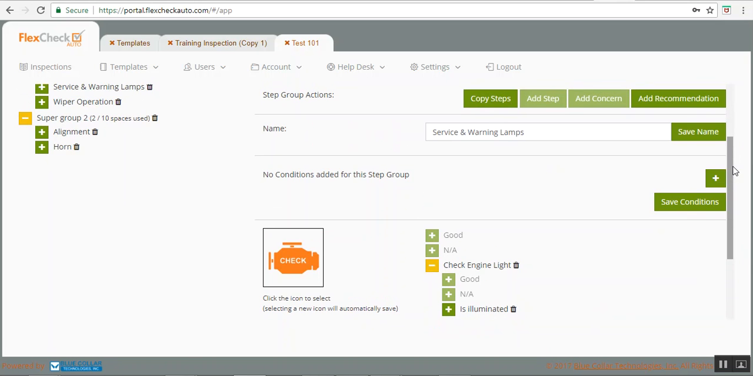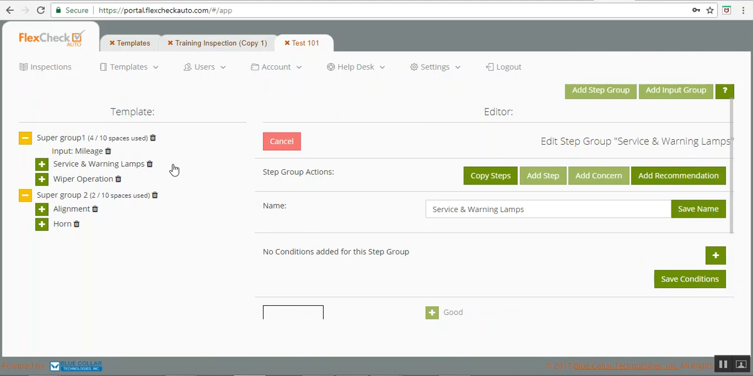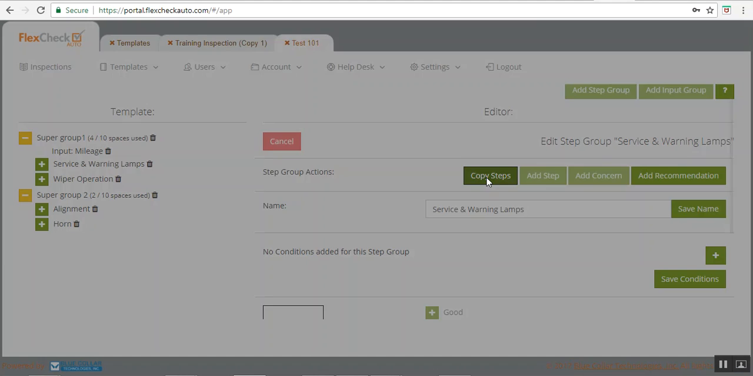Another feature that we have built in is the ability to copy complete steps over and move them into a whole other supergroup. Now for service and warning lamps, this may not be so helpful, but if you're building a supergroup for tires or brakes or suspension, where all four corners of the vehicle may have similar components that are being checked, it helps because when you have the step group open, you can click copy steps,